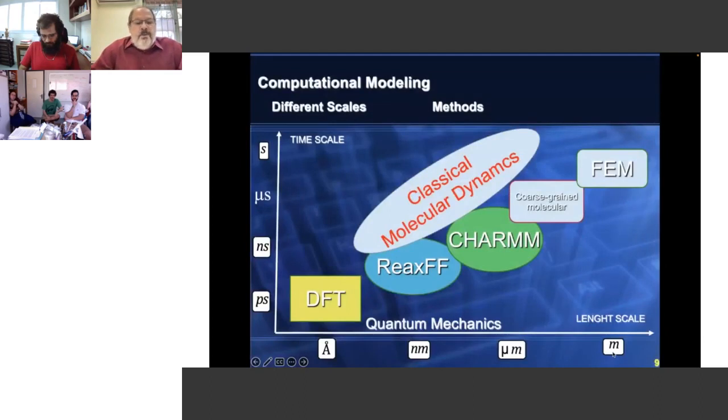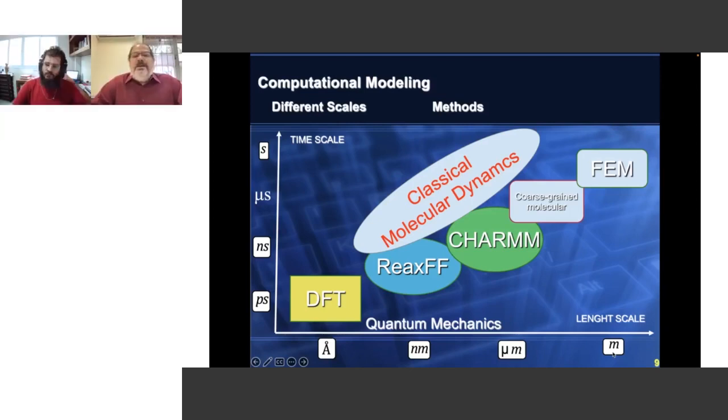So if you have good infrastructure for simulation, you can choose from a menu that starts from very small, just a picosecond simulation, up to meters, and also second-long simulations. You can choose ab initio methods like DFT, but they are limited to thousands of atoms. And now you can use classical molecular dynamics, where you can handle literally billions of atoms.